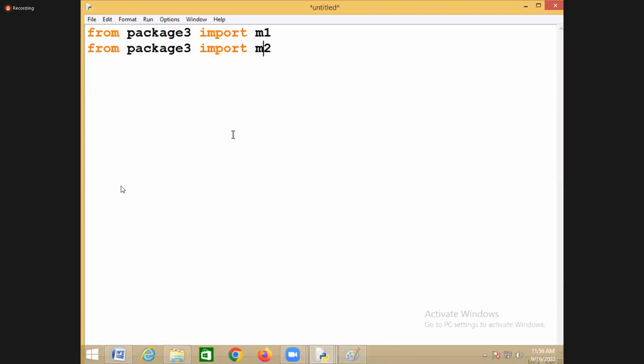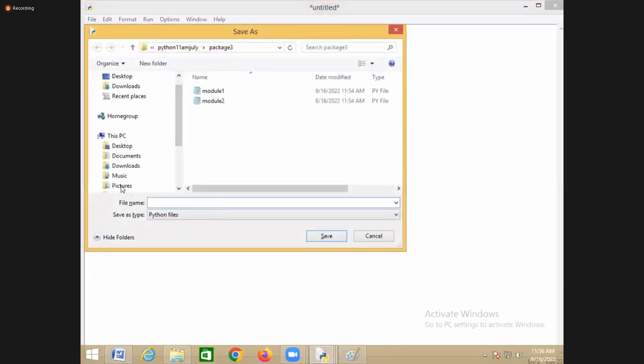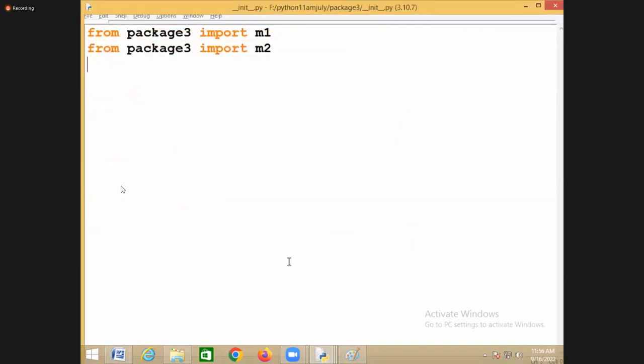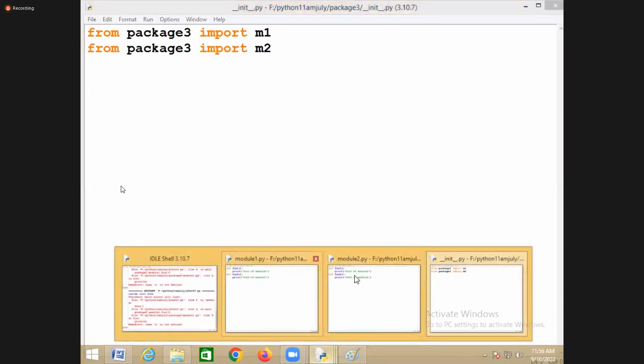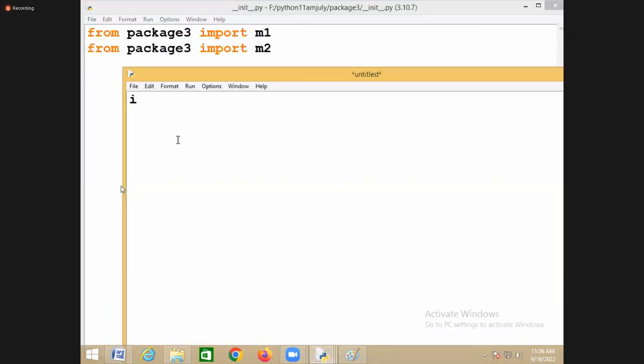It means whenever I import package 3, it will import m1 as well as m2. I don't require to import m1 and m2 separately; it is imported automatically. This code I'm writing in __init__.py. So I created three files here: module 1, module 2, and __init__.py. Now I'm using this in my application. In my application, I'm just writing import package 3. When I import package 3, it imports